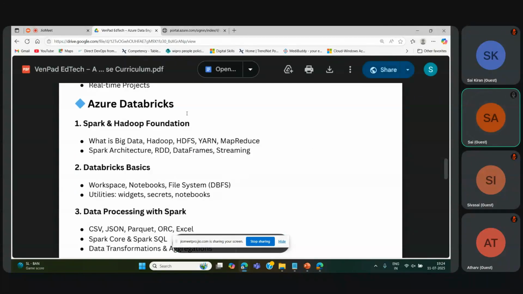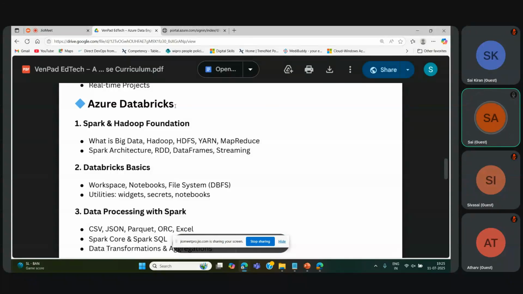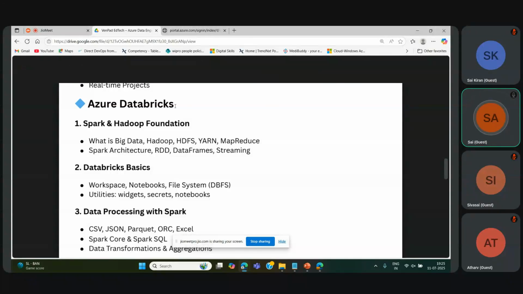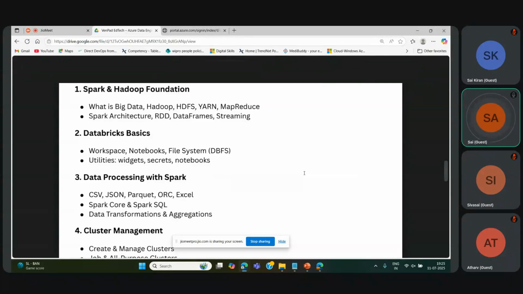Then Databricks. Apart from ADF, the other service is Databricks. Databricks is like Apache's open source thing. It is integrated with Azure, so it is called Azure Databricks. Azure Databricks is also used for transformations, but it is coding wise. We can learn whatever coding is required to handle Azure Databricks, and we can see all the options